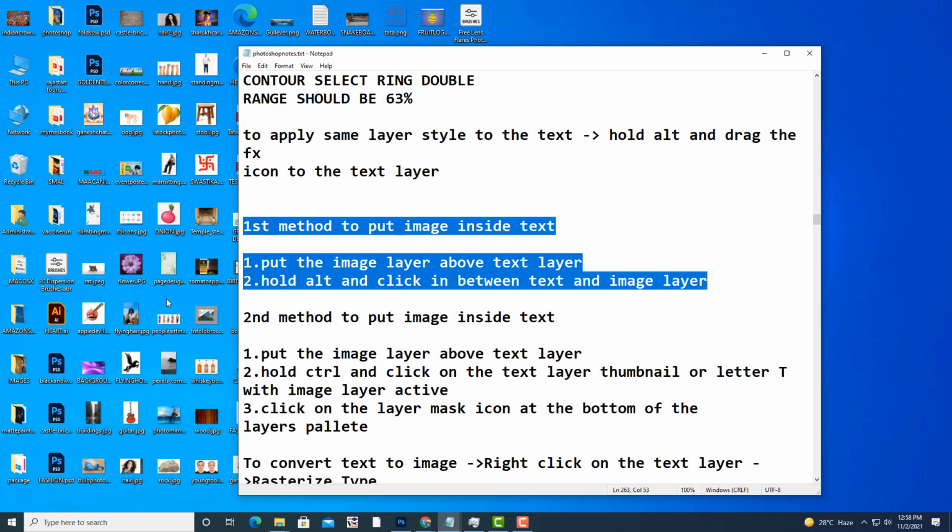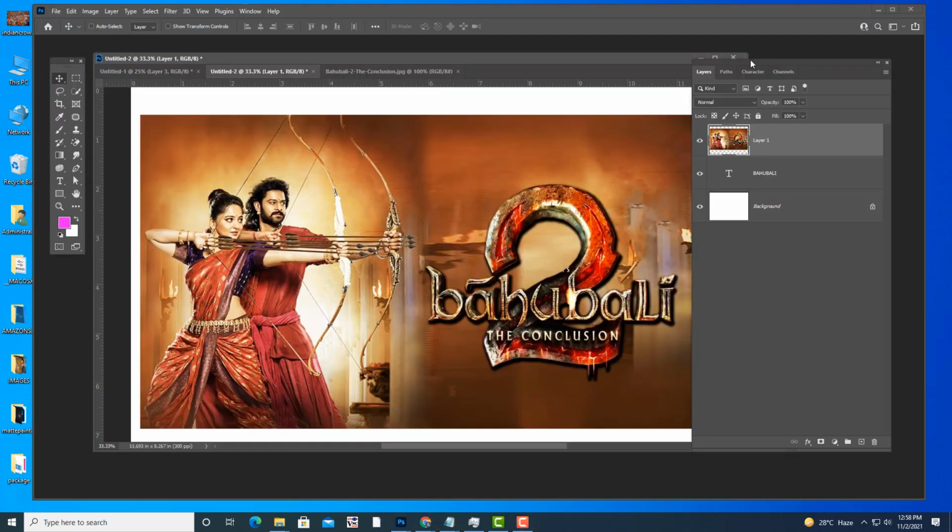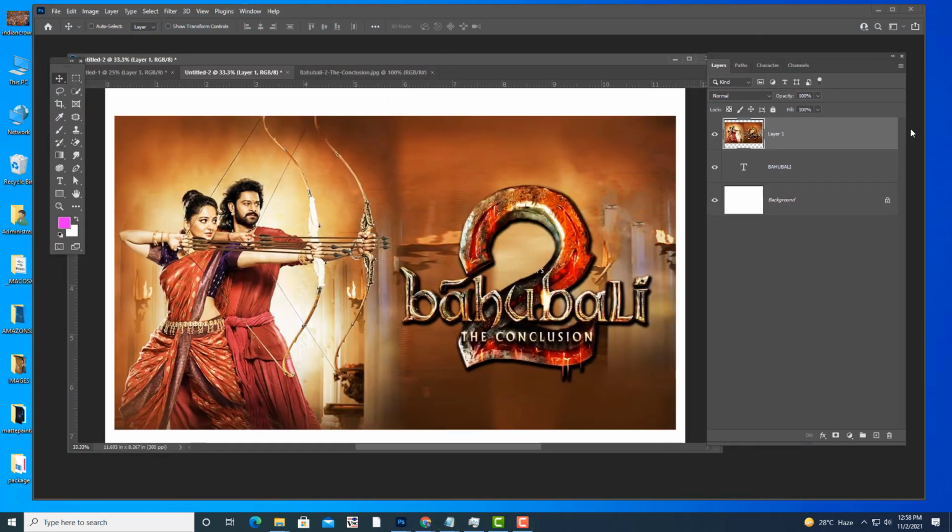This is actually an easy way. All we have to do is, the image has to be on top and the text has to be at the bottom. This is the order. Order is very important. Image layer should be on top, text layer should be at the bottom, and then the image layer should be active.